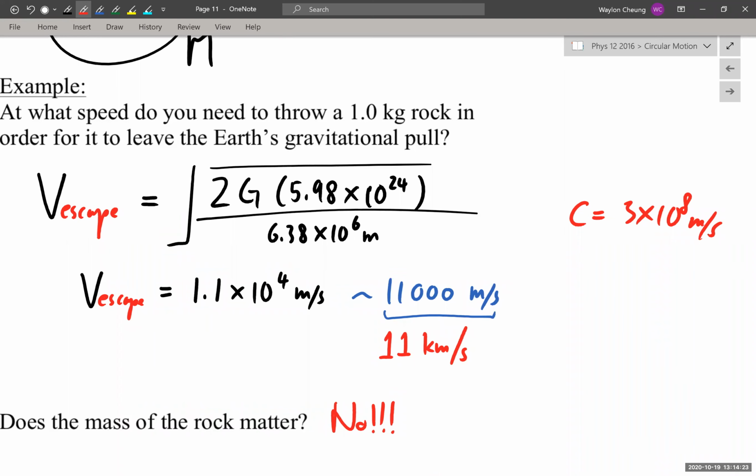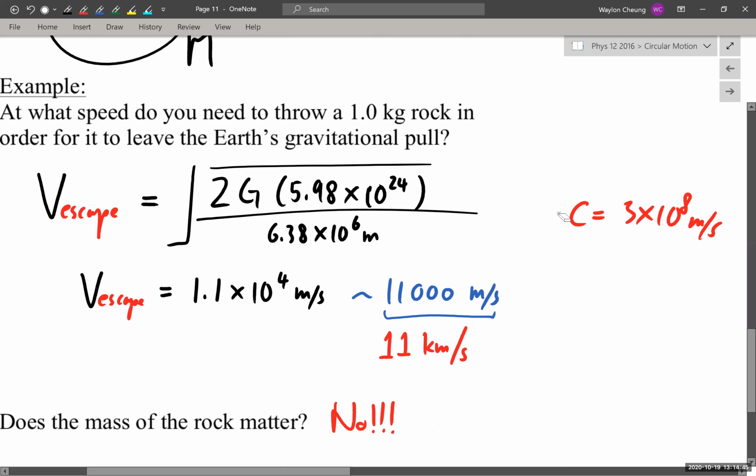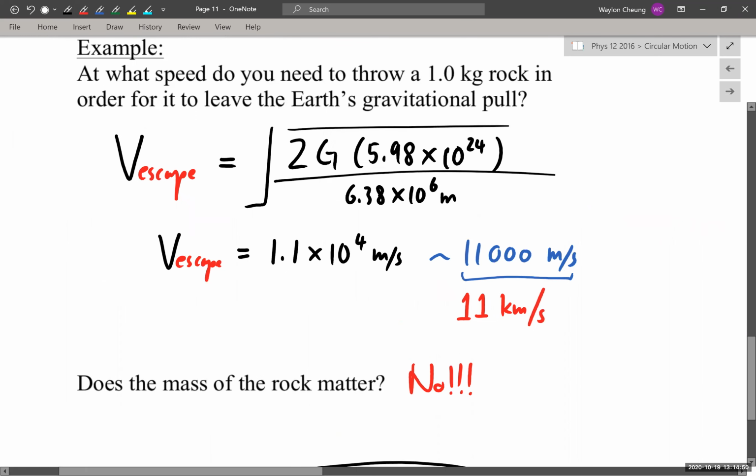So if you calculate the escape velocity from inside the event horizon of a black hole, that number is faster than this value. And nothing in our universe can travel faster than that value. Only one thing can travel at that value, which is light. Nothing else can do it. We will talk about the speed of light and its limits in our special relativity unit from Albert Einstein coming up. But that's how they find out you cannot escape, because the velocity is faster than the fastest we are allowed to go. Okay, so